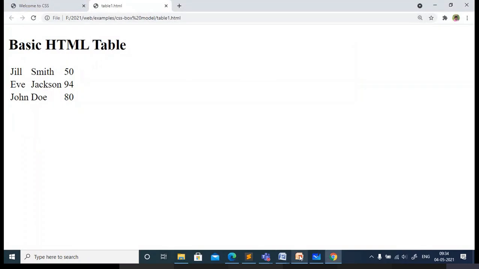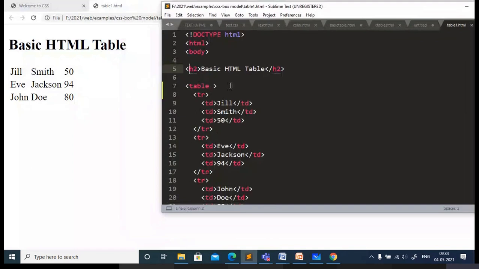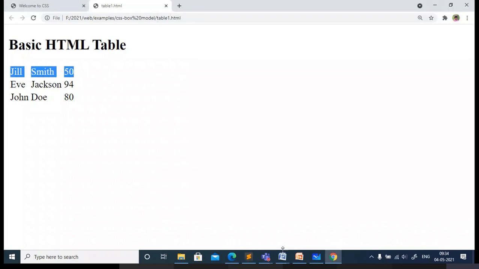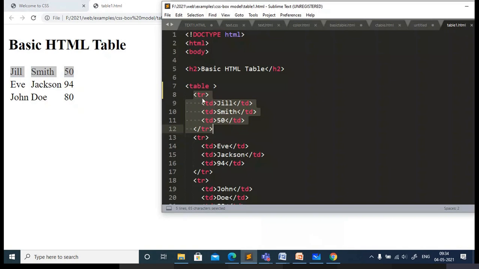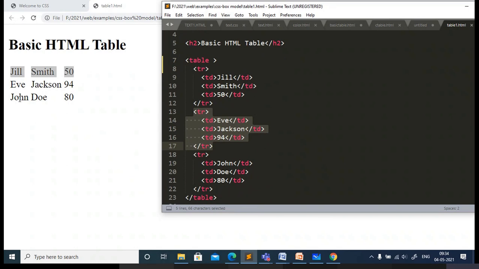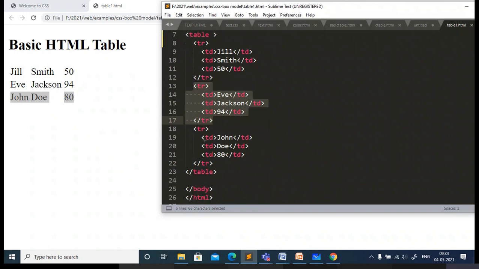This is what I got from this code. Simple code, nothing much added. I've only used the table format. In that I'm specifying the first row, this is my row, and in each row, if you want to specify the cell information, you use the td tag. Similarly for the second row, I'm using the tr tag, and within that, to specify this information, I have used the td tag. Similarly, I have the third row, followed by this code. So this is the third row information.